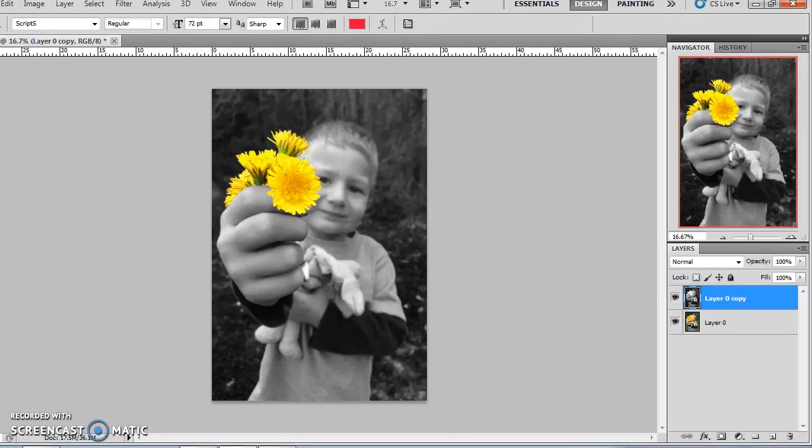Hey everybody! We are finishing up our social justice unit and we are going to talk about how to add text to your photograph. You can have your photograph be in color, it can be in black and white. You can use the emphasis technique of having some color pop out. Really what we want to see is that you've put some thought and effort into communicating an idea through your photograph, and we want to focus on the goodness of people in our school, in our community, and in our